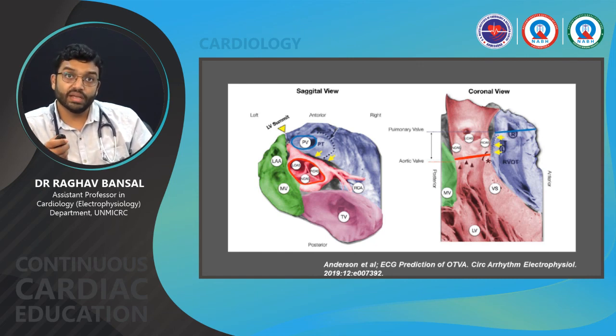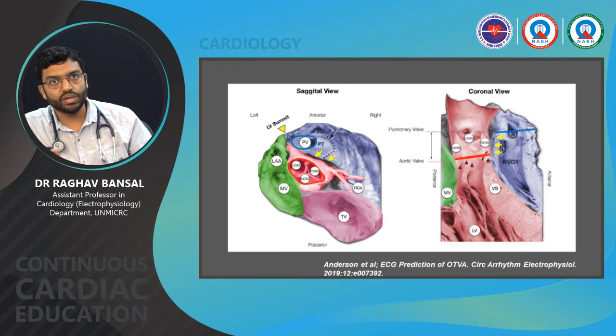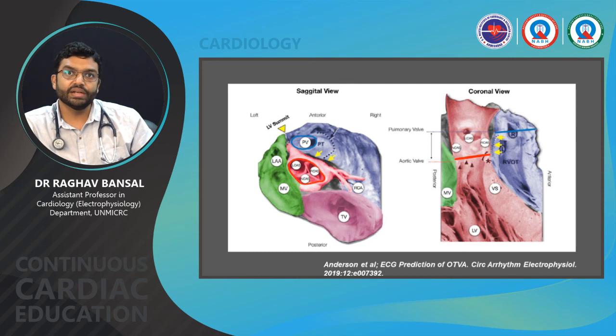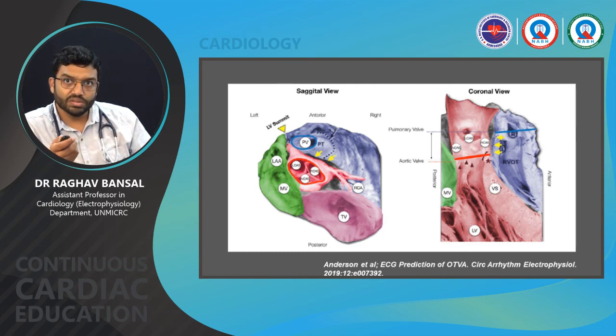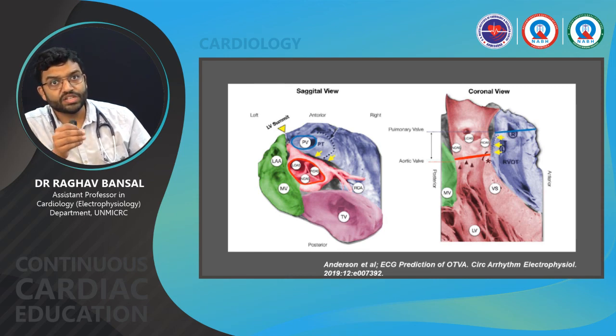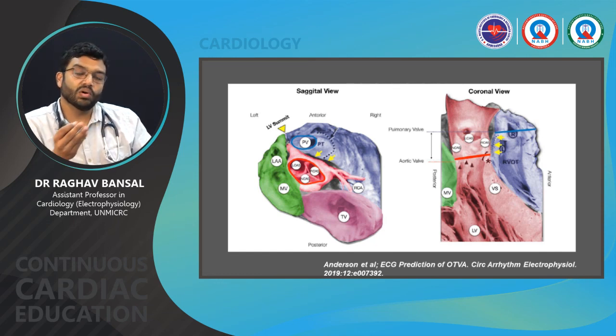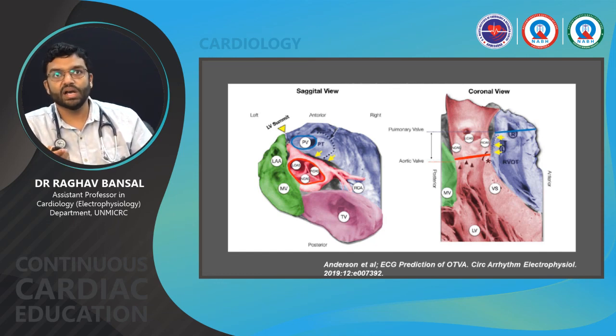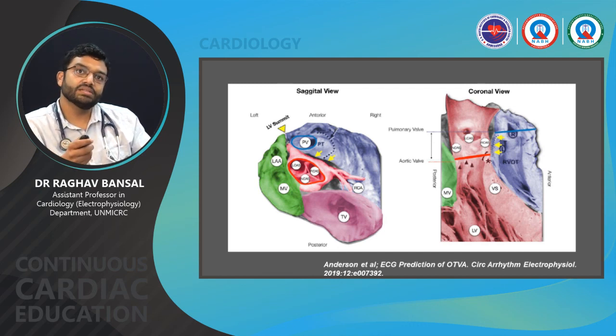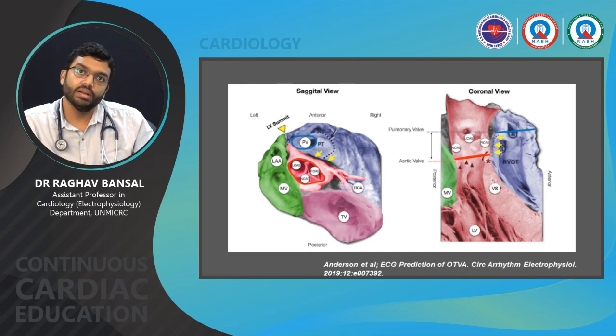So much so that the arrhythmias arising from the posterior RVOT and the right coronary cusp appear very similar, and it is very difficult to differentiate them even on the ECG. Another important concept which I want to reiterate is that the aortic valve is wedged between the mitral valve and the tricuspid valve, while the pulmonary valve lies in another plane because it is lifted up by the infundibulum of the RVOT. Then there is an epicardial structure called the LV summit, which is lying even more anteriorly and towards the left. It is the superior most part of the epicardium of the left ventricle, and we will be discussing it in more detail later.